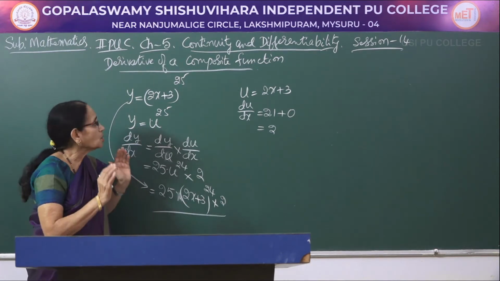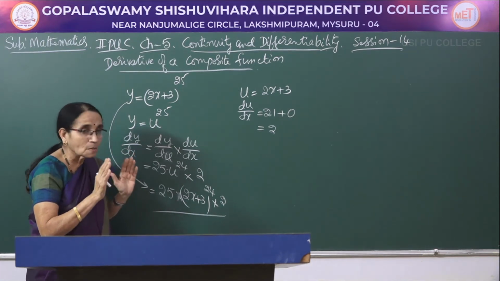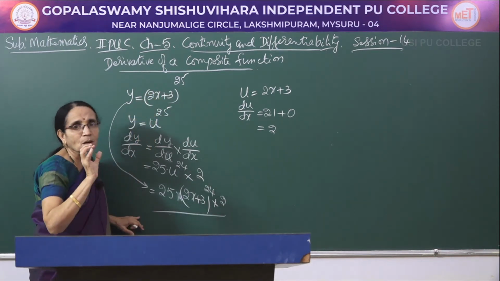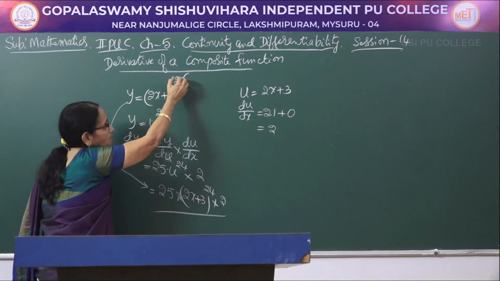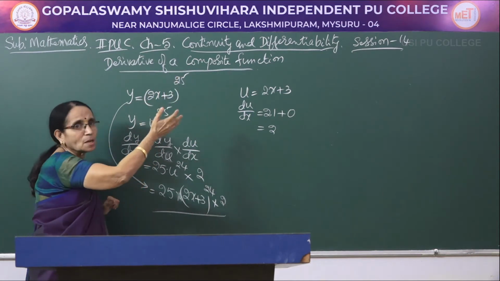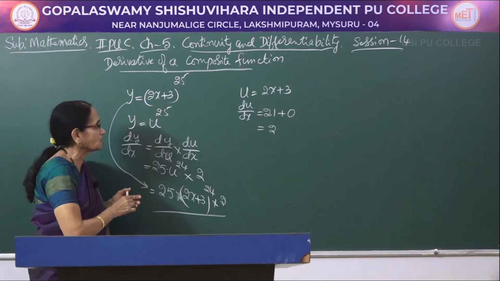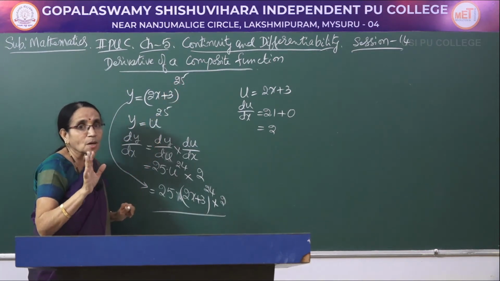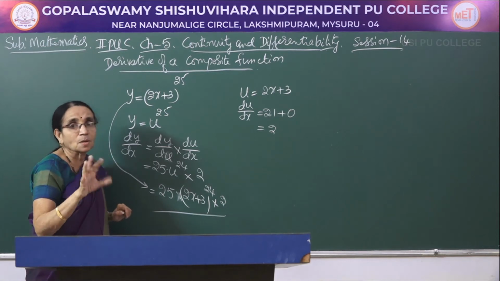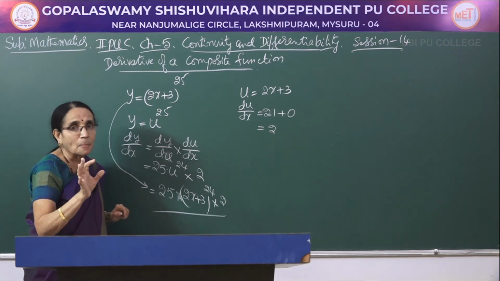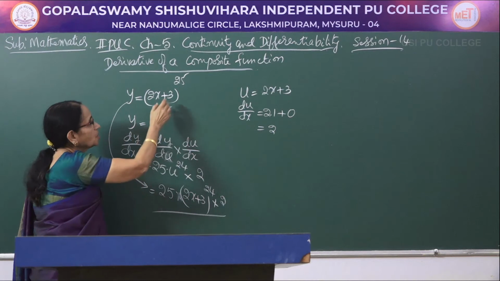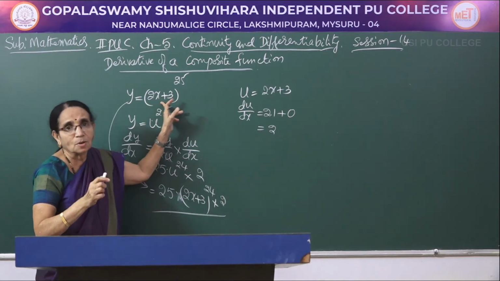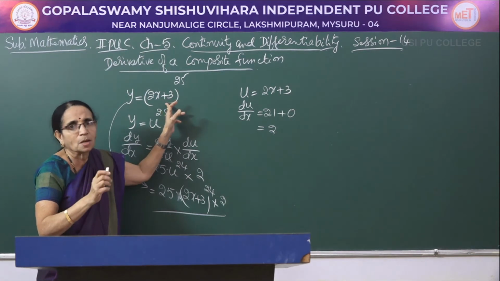For that now you have to remember all the formulae. Look here, the base itself is a function of x and the index is another function. To the power n means it is another algebraic function. So first, if the index is other than 1, I am not saying less than 1 or greater than 1, other than 1, then what you have to do is apply the rule. It need not be 2x plus 3, it can be sin x also, it can be e power x also, it can be log x also.